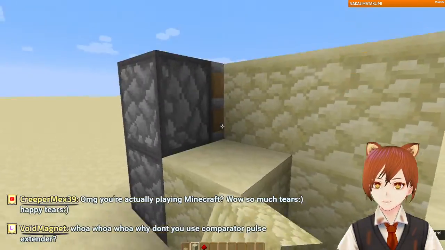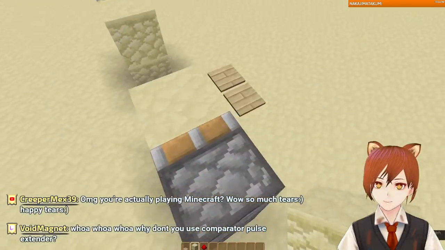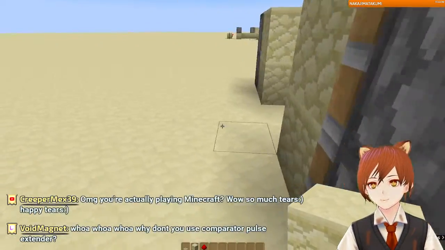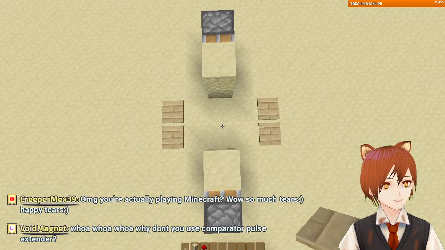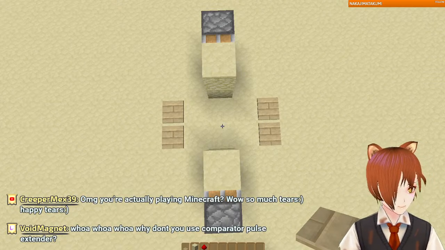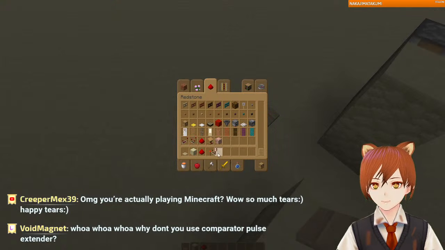Which way do I want the redstone? We'll hide everything after the fact. Do I want the redstone? So these were the little things I had to work on way back in the day, because it's fun. Some torches. We have a lot more toys to work with now, so...